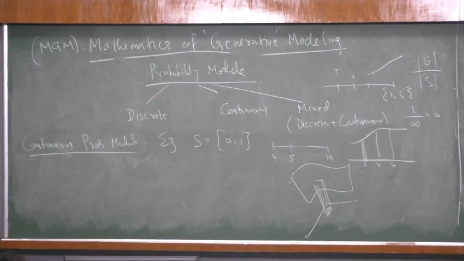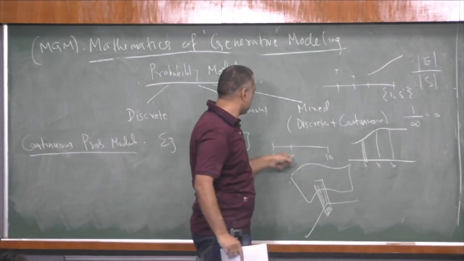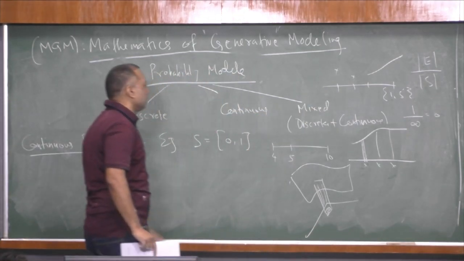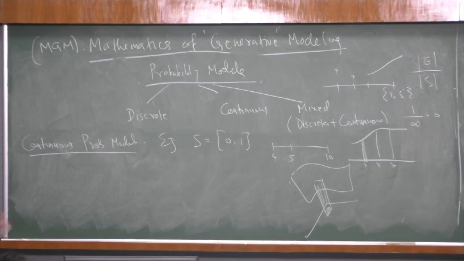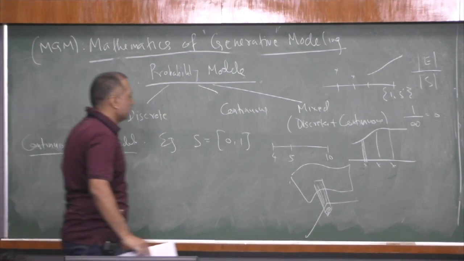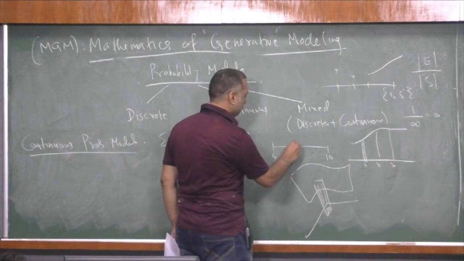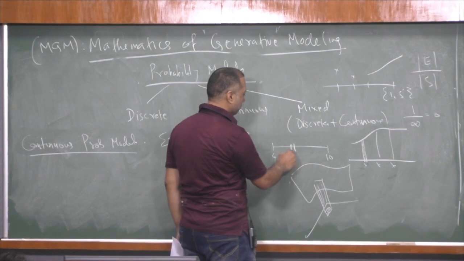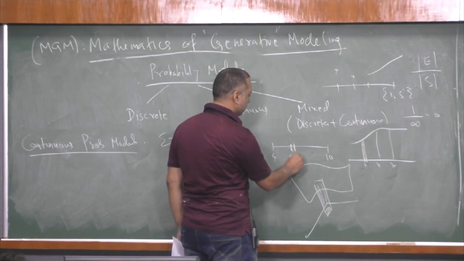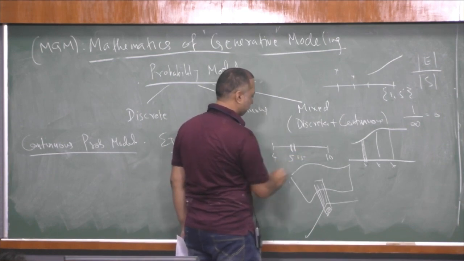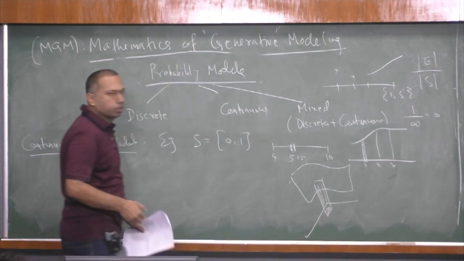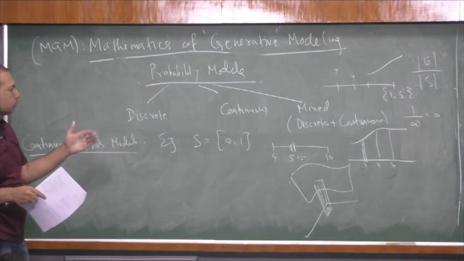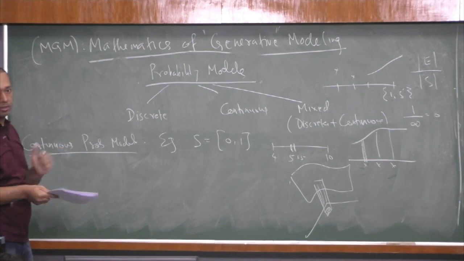Okay, so I will just tell you, the reason why things are not working is because the measure of your event set is 0. So it won't make sense basically. But the moment I put a non-zero measure here, and say, now compute the probability of a number lying between 5 and 5.5, now you can use that in the sense of area or length, not in terms of number.